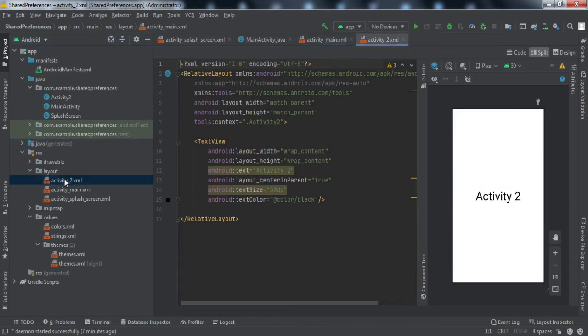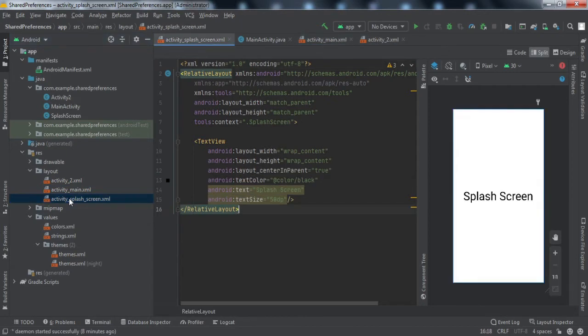And if the user is opening it at a later stage, after the first startup, then after the splash screen he should land on activity two. We'll be doing this using shared preferences, right? These are three simple activities. I have not done anything in them, I've just named them activity two, activity one, and splash screen.